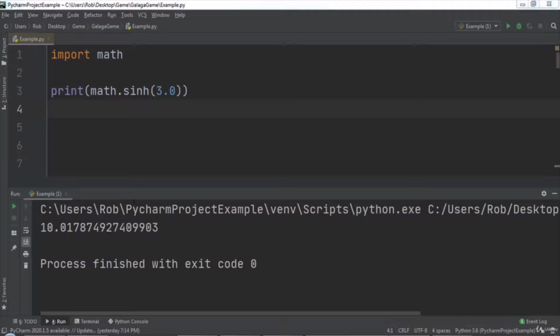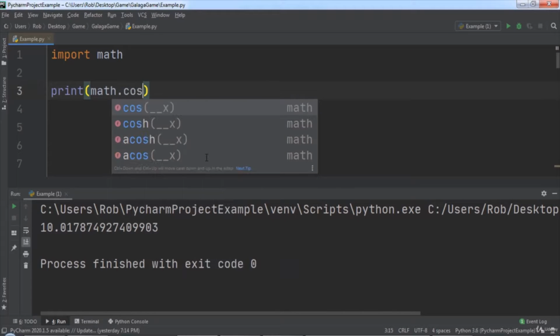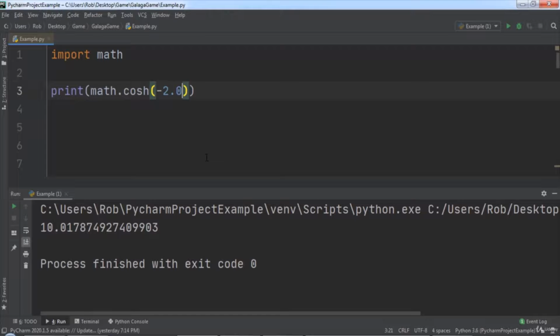3.0. Similarly, the math module allows us to get the hyperbolic cosine of a value using the cosh function. For this example, let's get the hyperbolic cosine of negative 2.0 and print it to the console. When we run the code, you will notice that the hyperbolic cosine of negative 2.0 was printed to the PyCharm